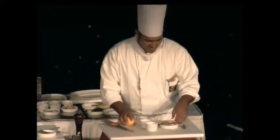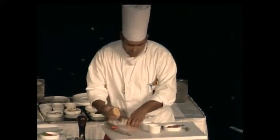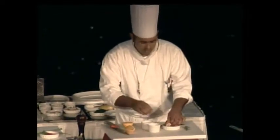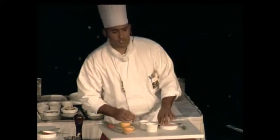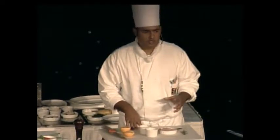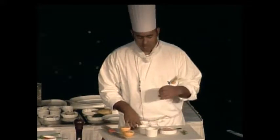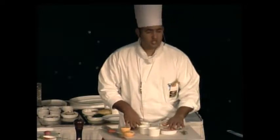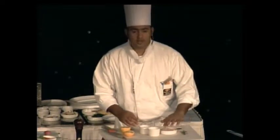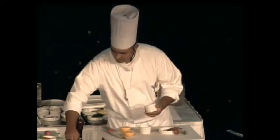All right, so I'm going to marinate that with, as I said, just a half orange for this one. A little citrusy flavor to that. Now if you marinate duck or any kind of poultry meat and you are using something sweet like honey, do not cover the skin part with the honey, because you're going to seal the meat in the pan, and the sugar from the honey will actually start to burn on the skin part. So the skin part is going to be our presentation side, so we are not going to marinate the skin part. So I'm just going to lift this up and just take out some of the honey